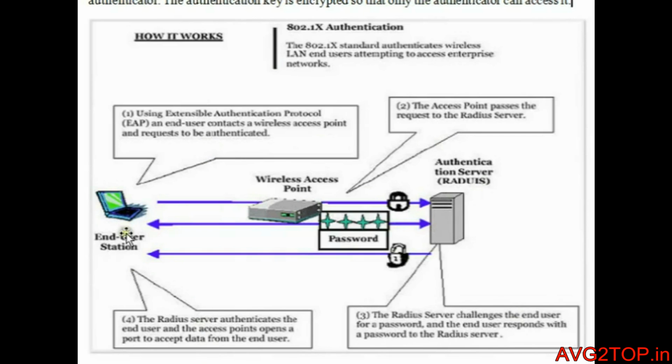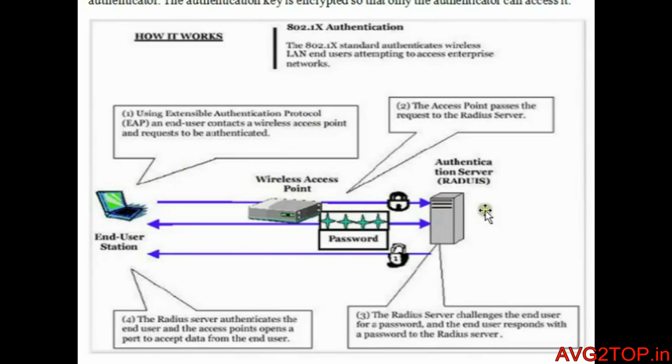The first step is that the end user station gives a request to the wireless access point to get an authentication. So the end user station at first gives a request to the wireless access point for authentication. And the next step is that the wireless access point forwards the request to the radius server. So from the end user to the wireless access point, and from the wireless access point it gives a request